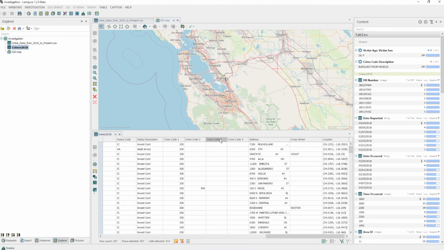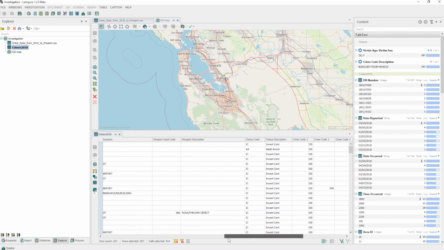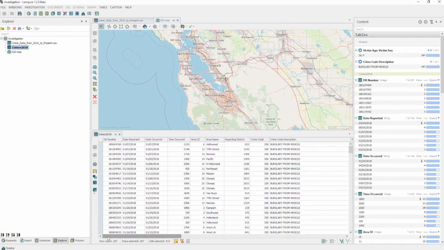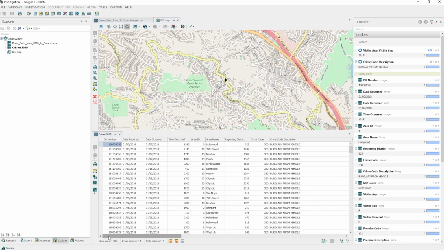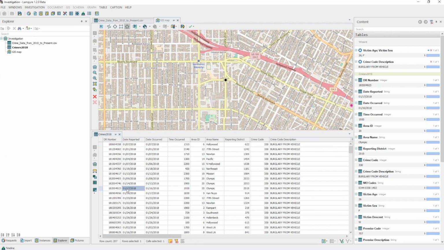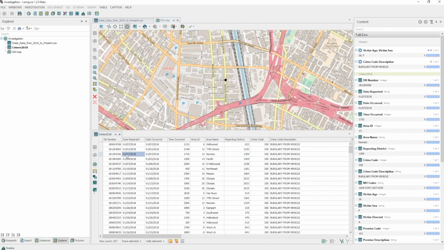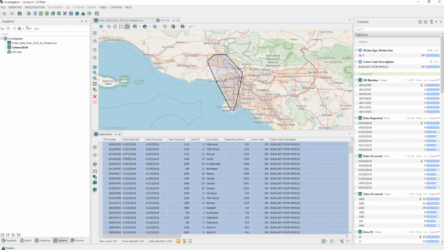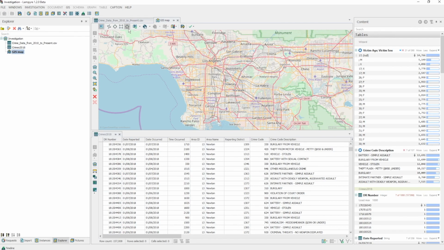Now, when we're working with the map, we'll use the cross-module feature and work with the same data in different visualization modes. In this case, by clicking on table rows, we see the same data visualized on the map. If we select all the rows in our table, on the map we see a polygon area inside which all the incidents of the selected rows occurred. So we press Ctrl+A on our keyboard and get an area where 26-year-old women were robbed of their bicycles in 2018. The cross-module feature also works the other way around.